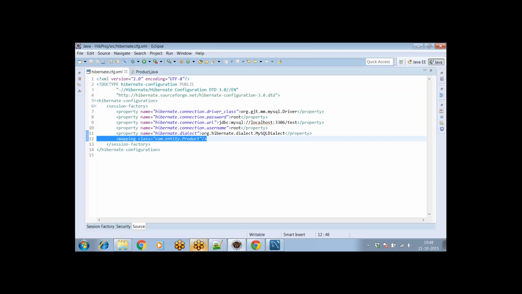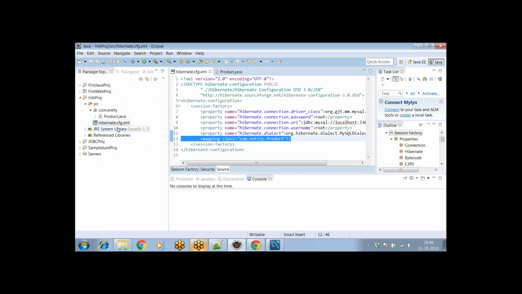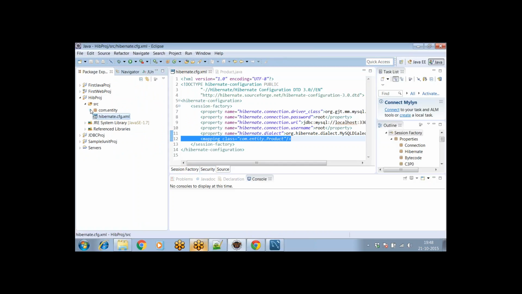Now we are almost ready to use Hibernate, I can say. Before that, what I will do is,